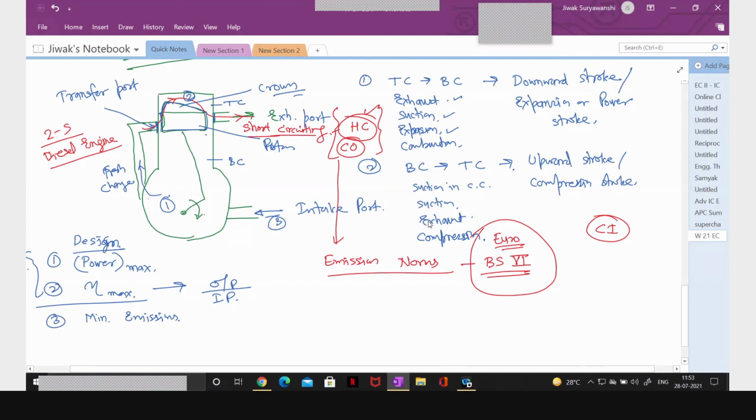And if you can go for sufficient combustion duration, by which whatever diesel is burned completely and converted into H2O and CO2, then definitely this engine can meet these higher emission norms, BS6 norm. So as a challenge, you can take this and try to develop tools, because this is a very good engine. As I said, we are designing an engine for maximum power.